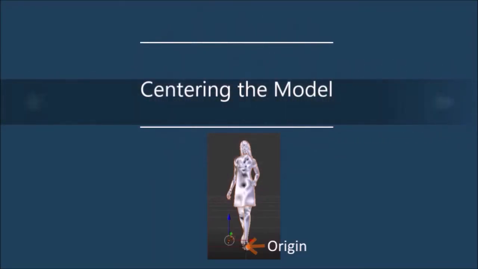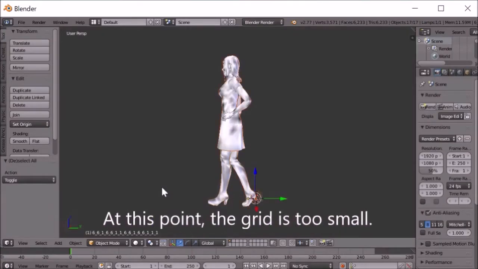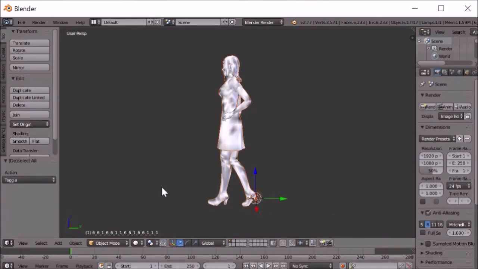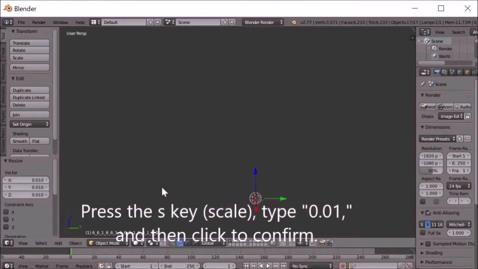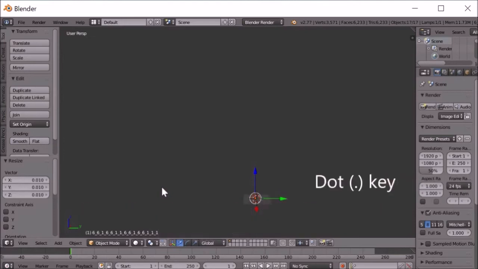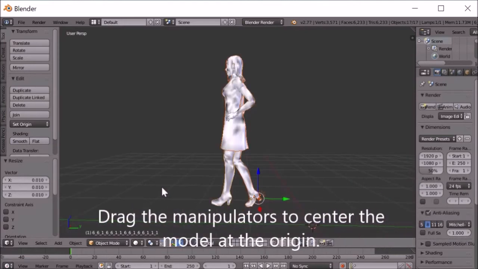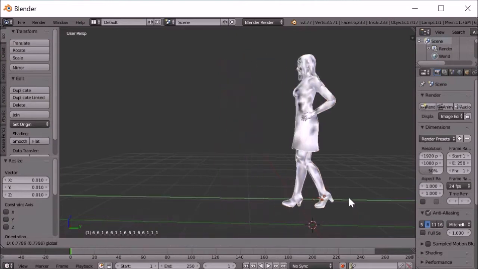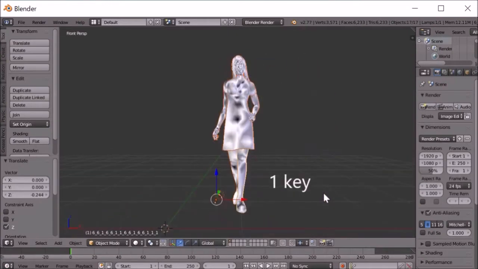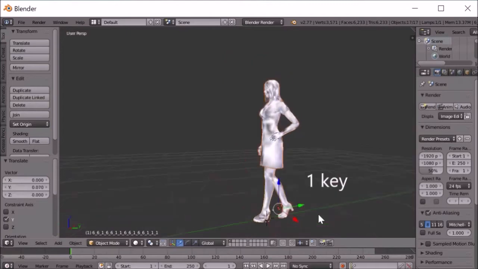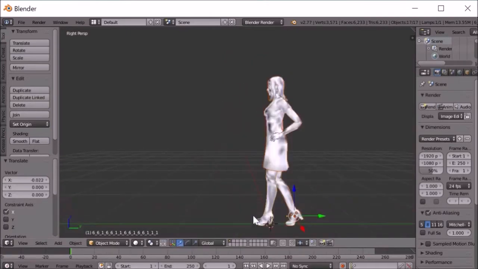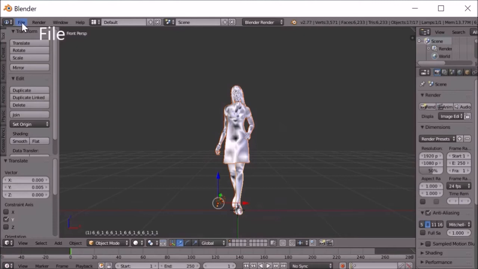centering the model. Origin. At this point, the grid is too small. Press the X key, scale, type 0.01, and then click to confirm. Dot key. Drag the manipulators to center the model at the origin. Dot key, 1 key, dot key, 3 key, 1 key, 3 key, 1 key, File,